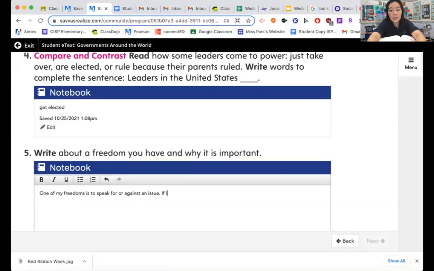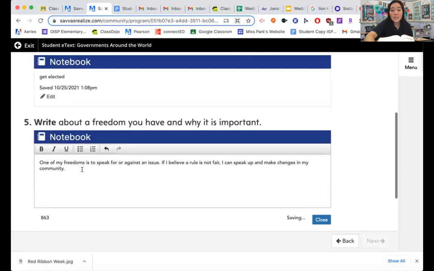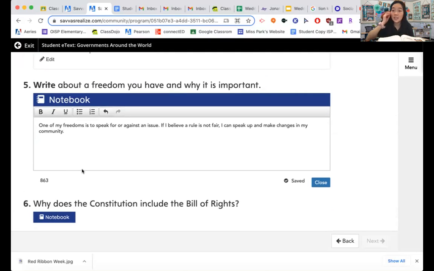If I believe a rule is not fair, I can speak up and make changes in my community. So, for example, what I mean by this is, let's say that Miss Park made a rule that